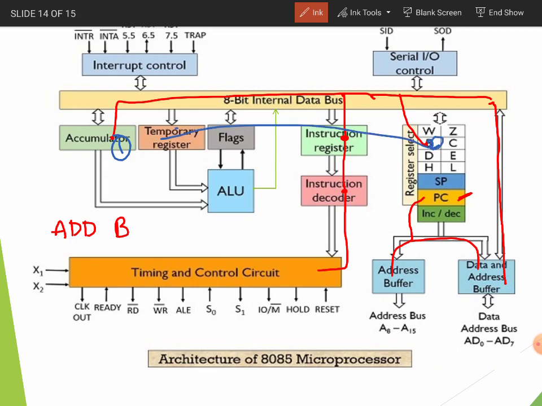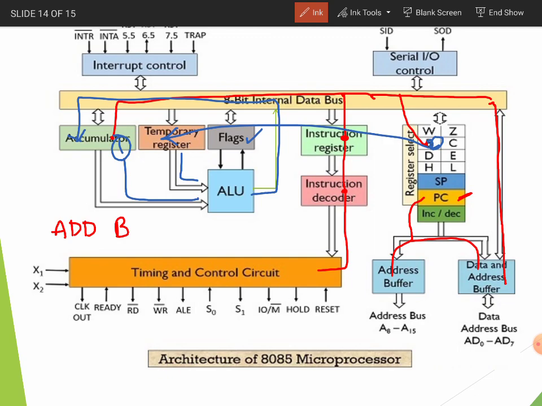From the B register we take it to the temporary register and it is given to the ALU. The contents of the accumulator and the contents of the B register are added in the ALU, and the result will be placed back in the accumulator register. And the flag register will save the status of the current result.